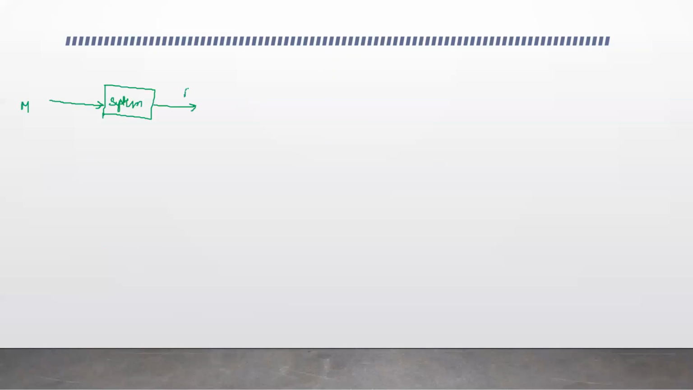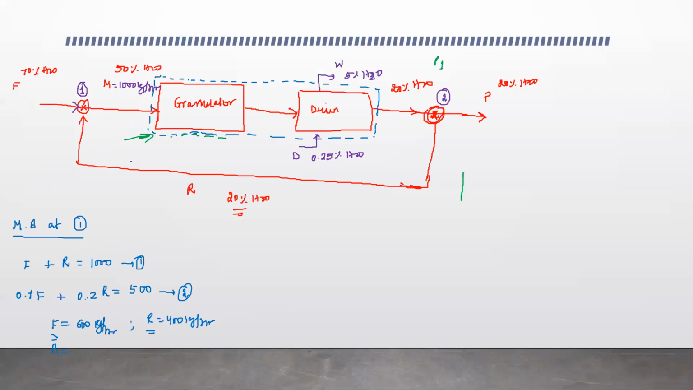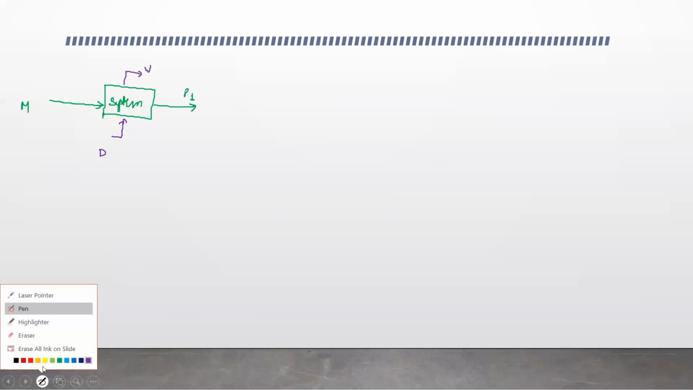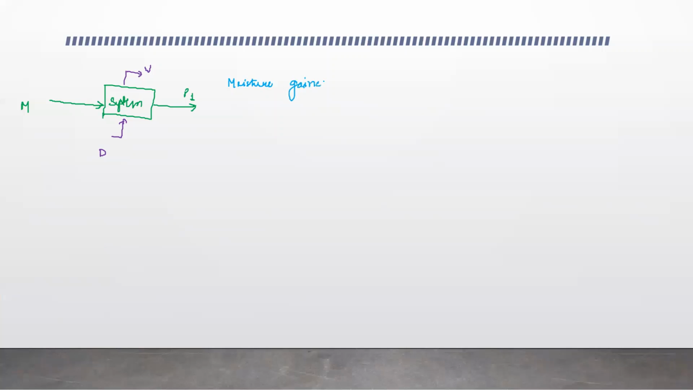Okay, P1. And then you're going to have dry air and wet air. So dry air over here, and you have wet air going out of here. Okay. So remember, moisture lost is equal to moisture gained. Okay. Moisture lost is equal to moisture gained. So moisture gained by air